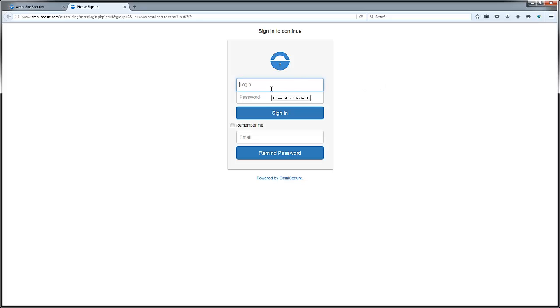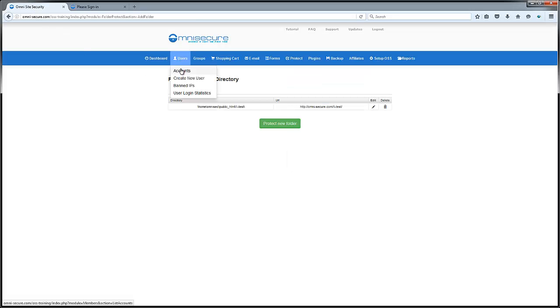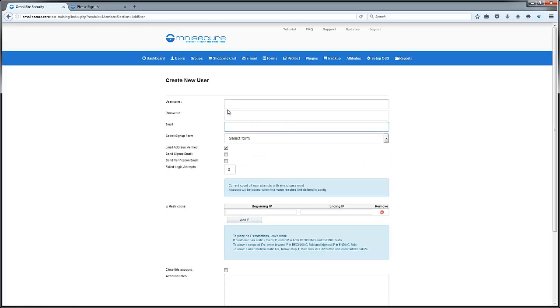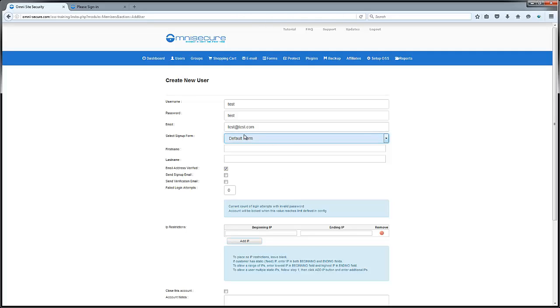There's a login form here. In order to log in, I'm going to go back here and manually create a user. So I'm going to Users, Accounts. I'm going to create a test user, so I'm going to click on Create New Account here. In this case, I'm going to type in test, password test, email test@test.com. And then I'm going to select the default form, and forms we're going to get into in another video